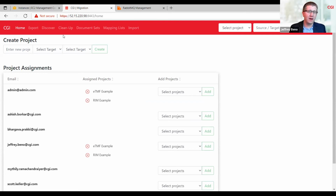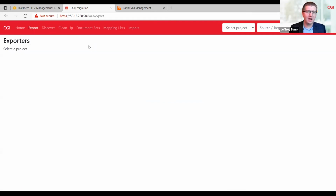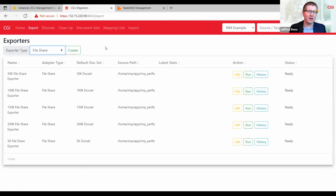So we would configure exporters to pull information out, and we would ultimately configure importers to pull information in. Let's go ahead and select the project so you can see an example. We do support many different platforms as it stands right now, whether it's file share, document, or Viva Vault. I'm not going to get into that, but ultimately we scan information out into this platform,